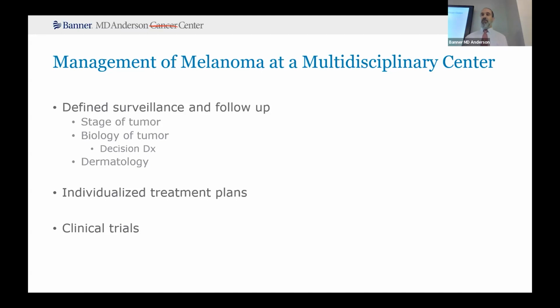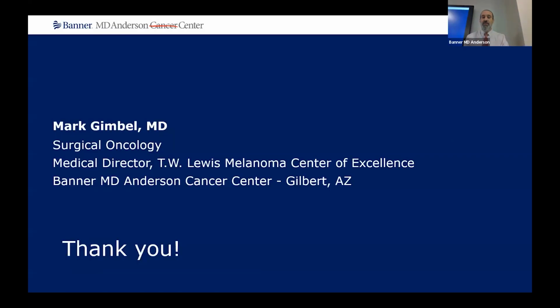Dr. Abbott talked about doing some genetic testing of the tumor, and that can help predict risk of recurrence. And so we can do those tests and look to see what kind of surveillance plan we should have. And ultimately, when it comes to those patients who are even the most challenging, who are not responding to treatment and who have spread of disease, we can also consider clinical trials. So hopefully I've given you a nice background of the surgical management. Most of the surgery is going to be for early stage. We do some for later stage,